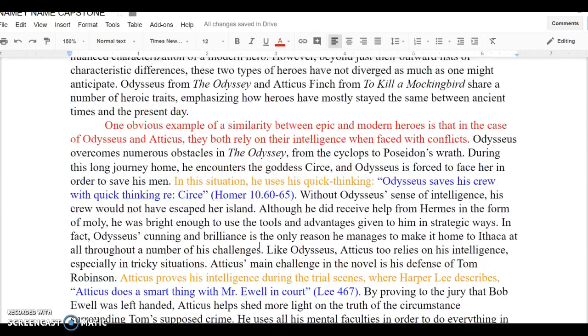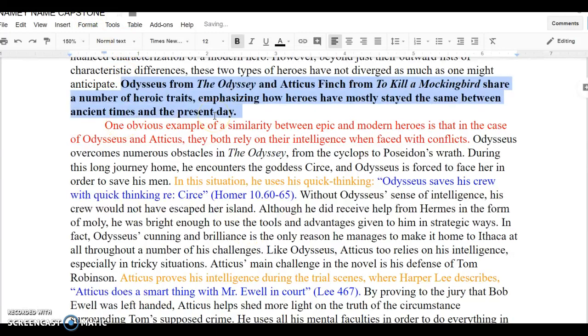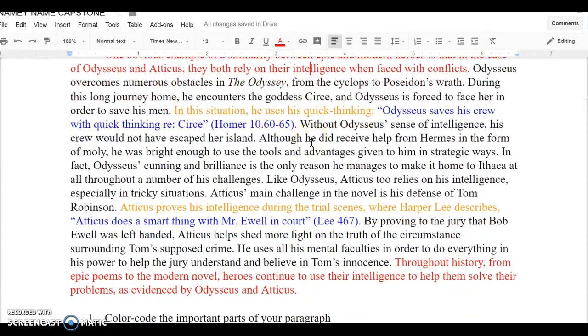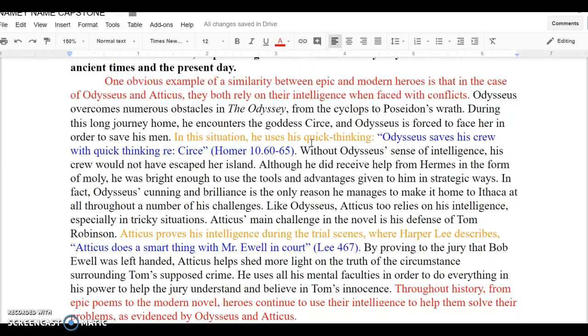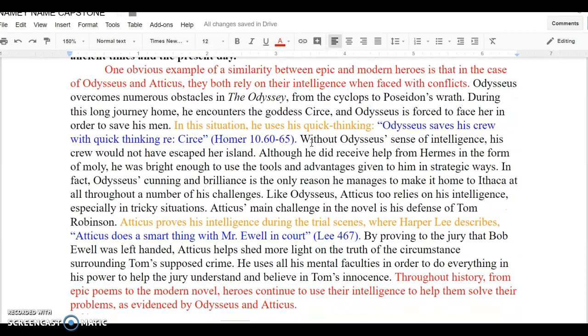So my thesis was that Odysseus from the Odyssey and Atticus Finch from To Kill a Mockingbird share a number of heroic traits, emphasizing how heroes have mostly stayed the same between ancient times and present day. So this sample paragraph is going to be arguing that heroes have stayed the same, that they have more in common. So my topic sentence gave my first sort of element of comparison, and I said,